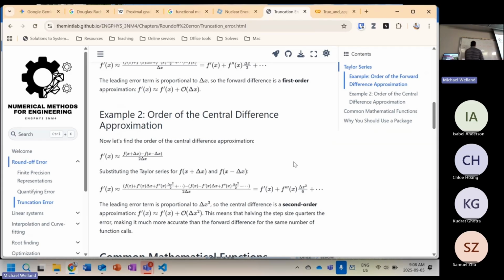These guys, minus f of x plus f of x, also cancel out. And all you're left with is f at x plus delta x minus f at x minus delta x, all over 2 delta x, plus